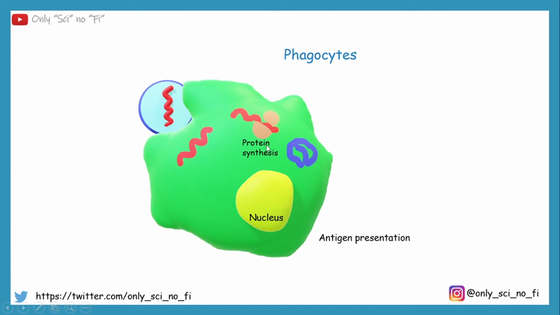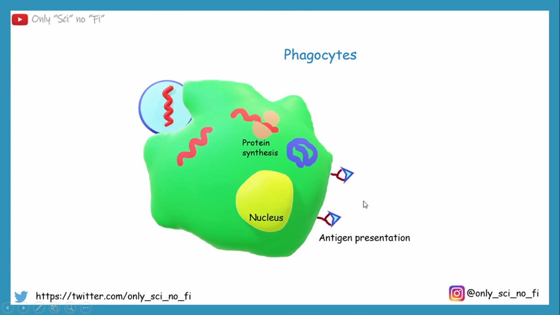Either they can use the host machinery, that is the host protein synthesis machinery, or there are some RNA molecules which code for their own synthesis machinery and then carry out a similar process. After this protein synthesis, the new spike proteins are then presented on the MHC receptors. This is a type of antigen presentation wherein the particular spike protein coded by the mRNA is presented on